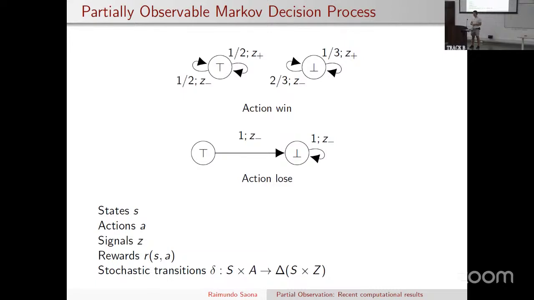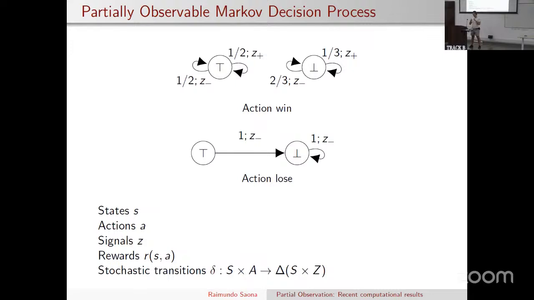If we are in the left state, we receive a signal plus or signal minus with probability a half, whereas in the other one, you just get different probabilities. So after playing win once, you might get an idea that if you get signal plus, then you are more likely in the left state, and if you got signal minus, you're more likely in the right. If you play win a lot of times, then maybe you do a statistical test and you more or less know where you are. So you learn as you play,